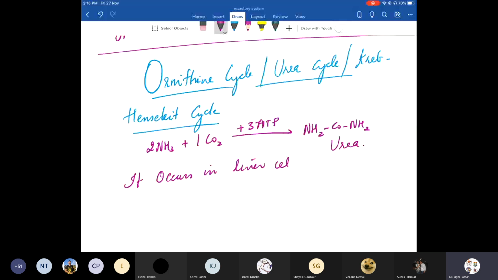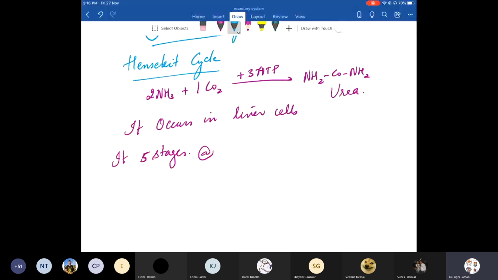First stage is formation of carbamyl phosphate. Second stage, B, formation of citrulline. C,